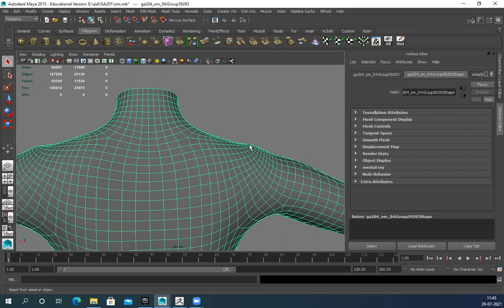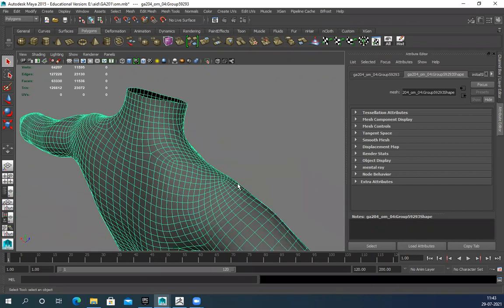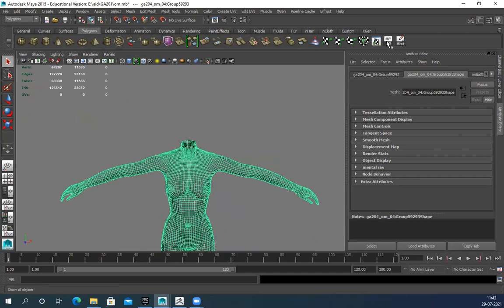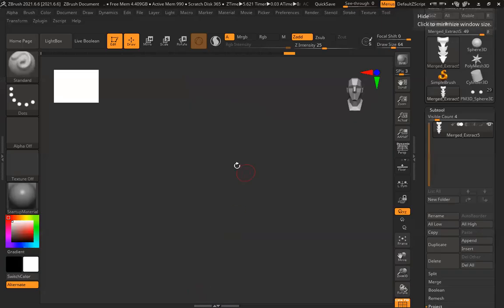Suppose there is a pinch. If I don't have it, you can see the shoulder has slightly denser polygons. The reason is, when you move your arms up and down, the shoulder will hold the shape. If you have fewer polygons here, it won't hold the shape. Whenever you're bending it, it will become soft and round. So that's why we have more polygons. It's already there, so I don't have to do anything here. Only a few things I need to fix. So we'll do that. Okay, let's see what else we have here.